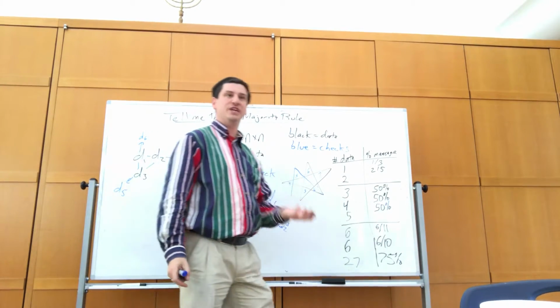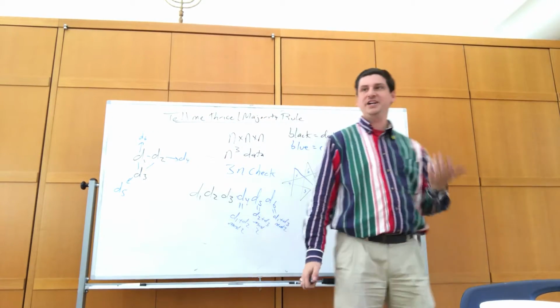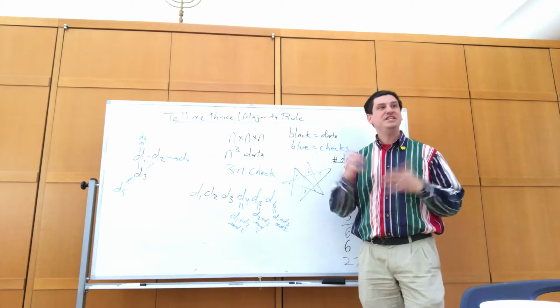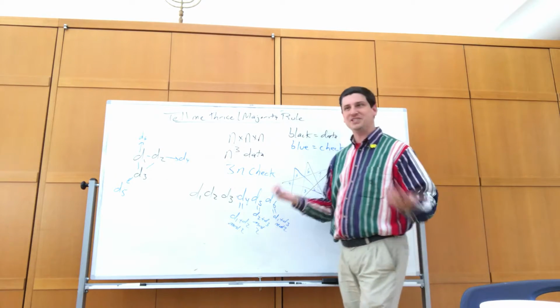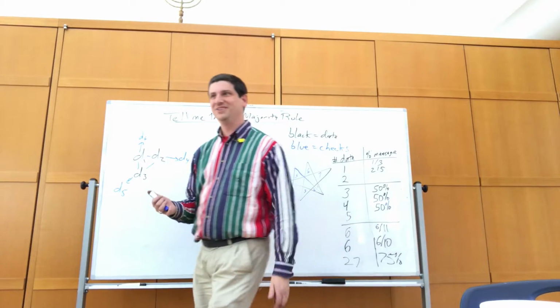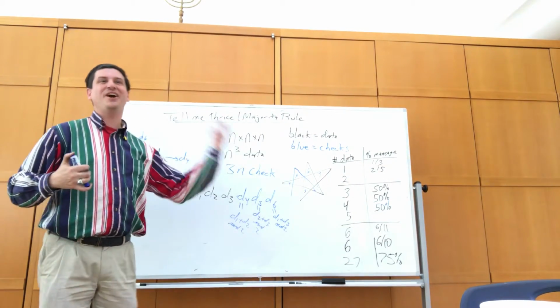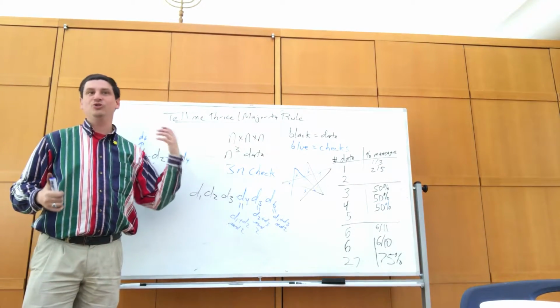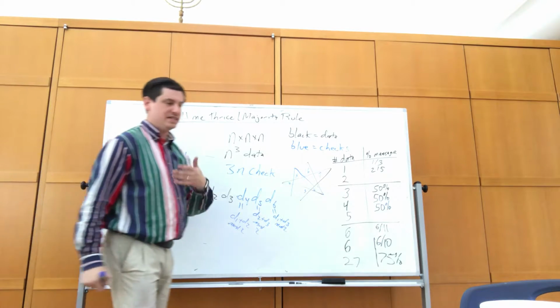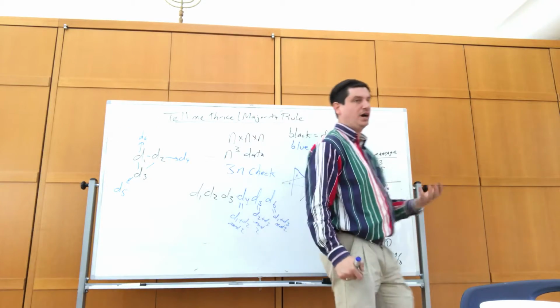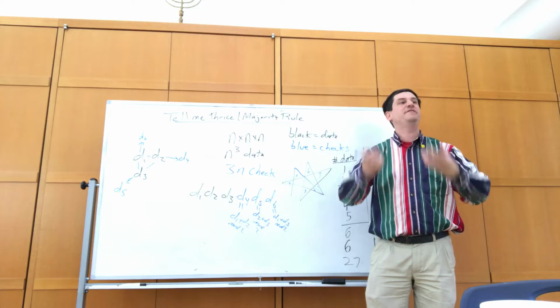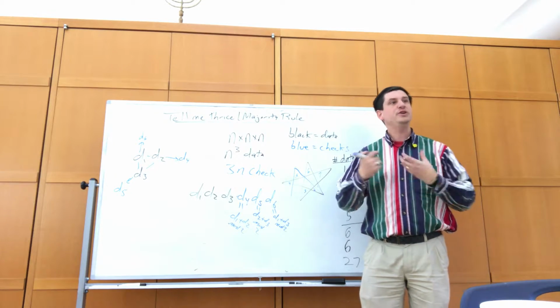So for instance, factorization. Right now we believe it's hard to factor a number, but it's very easy to check and see if somebody has the correct factorization. What do you do? Multiply. It's not that hard. So a lot of these problems are based on schemes that are thought to be hard in one direction, but they're easy to verify. And as long as you can verify easily,